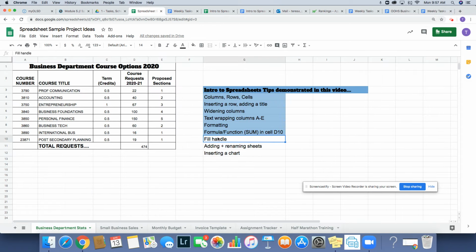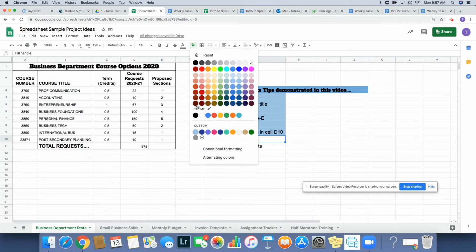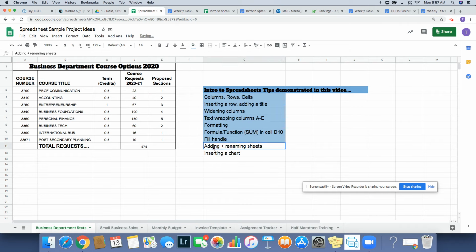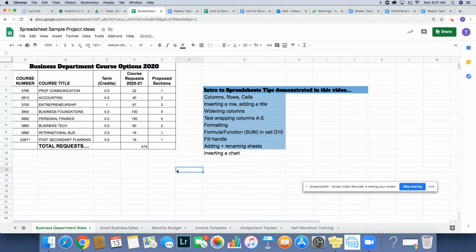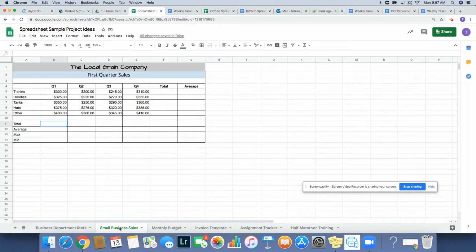So that's pretty cool. Adding and renaming sheets. I think I showed you that before, but you can come down here and add sheets, and then you can also click on the arrow to rename sheets. And then inserting a chart. I'm going to show you that later in spreadsheet 2. I am going to take a video of myself completing the second spreadsheet assignment, but it's really easy. Select the